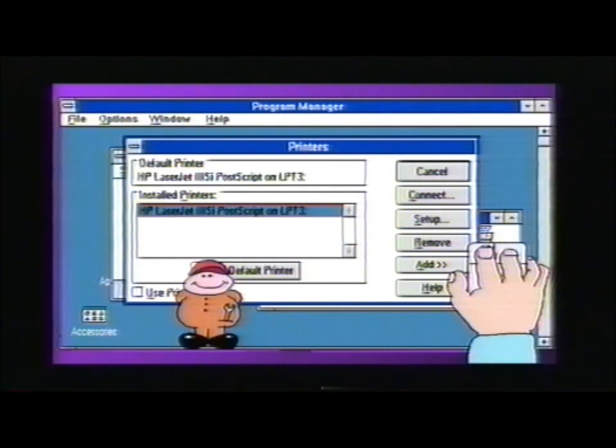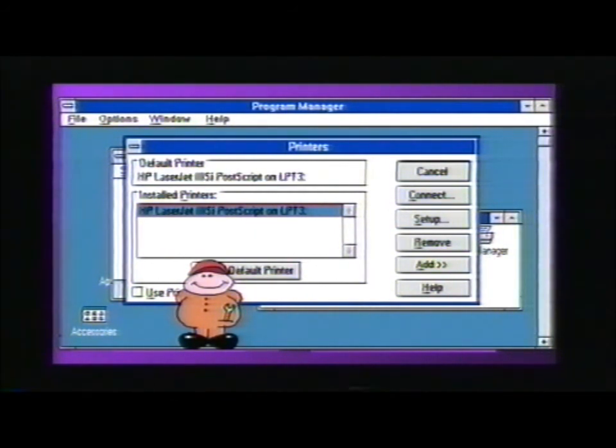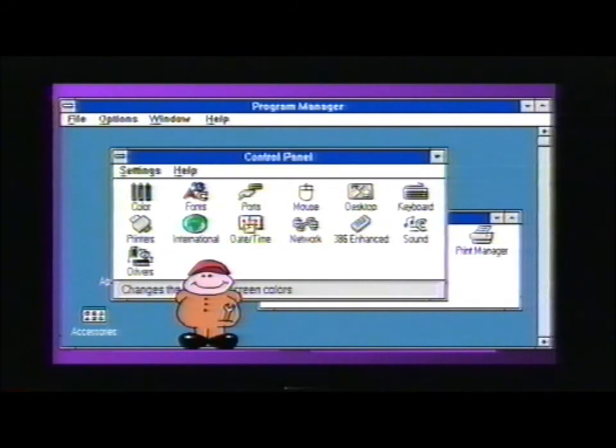But remember, if you can't decide which printer to use or are having problems, contact your local information and computing unit. Finally, select the Close button. You can now close the control panel by double-clicking on the